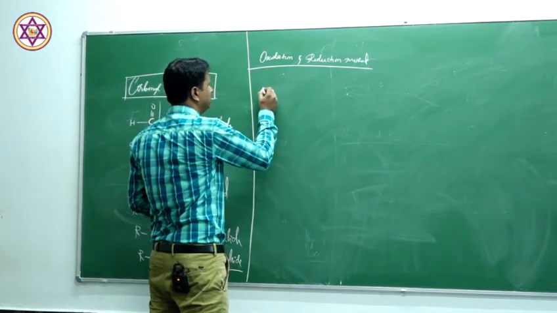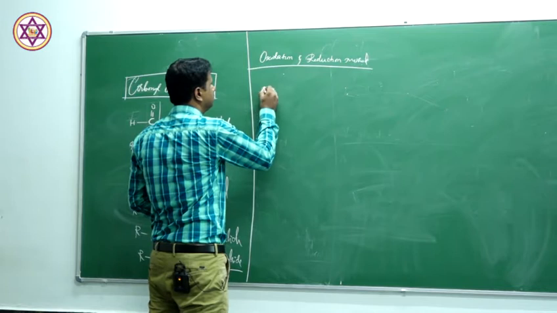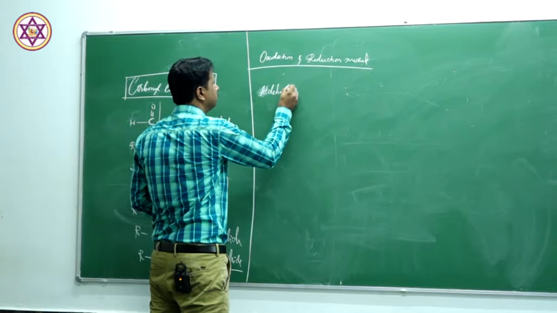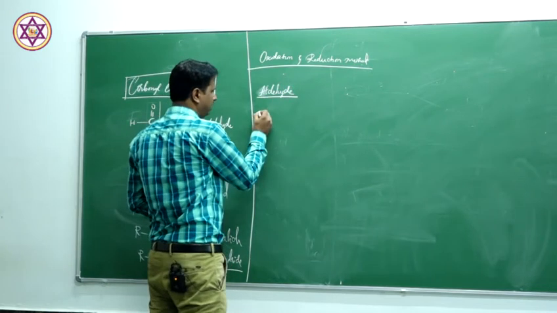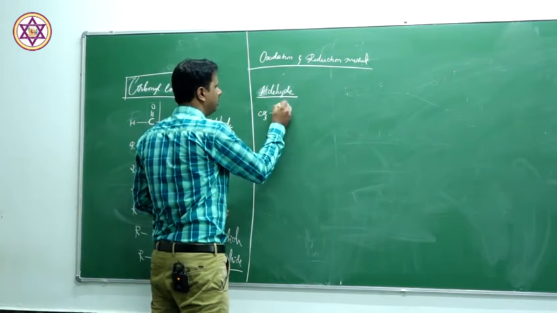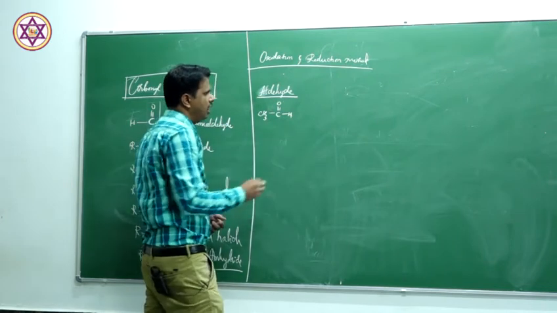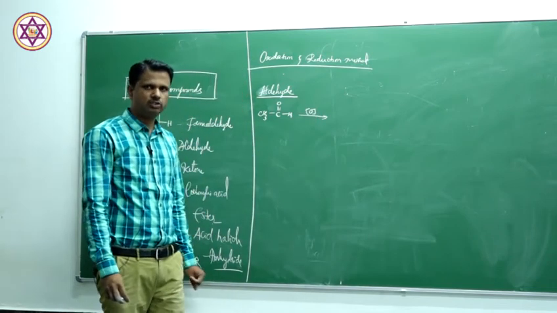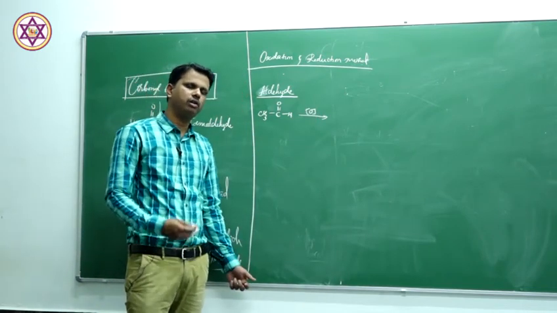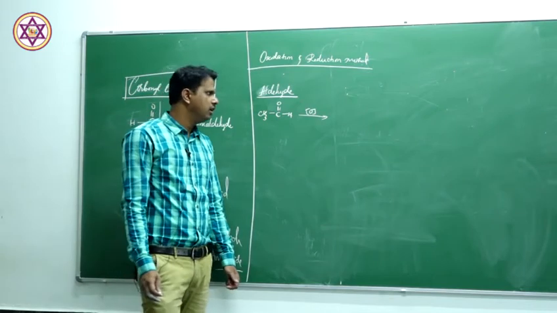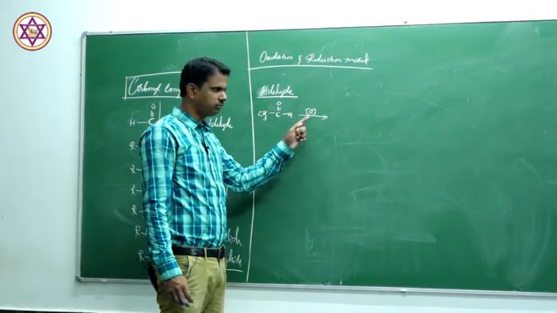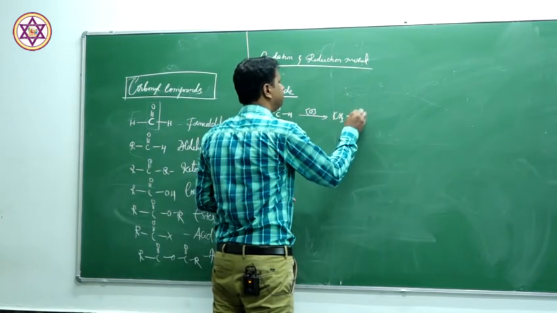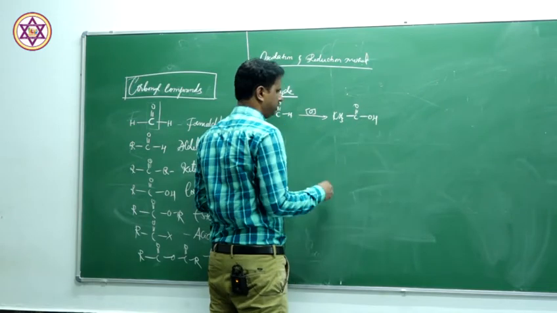What do you mean by oxidation? Let us say, take for example, first we'll take an aldehyde, a simple aldehyde, I'll say acetaldehyde. I have taken acetaldehyde molecule here and we oxidize it using any oxidizing agent like potassium permanganate or dichromate or any other chromic oxidant, etc. If we oxidize this molecule, then we are going to get CH3 acid.